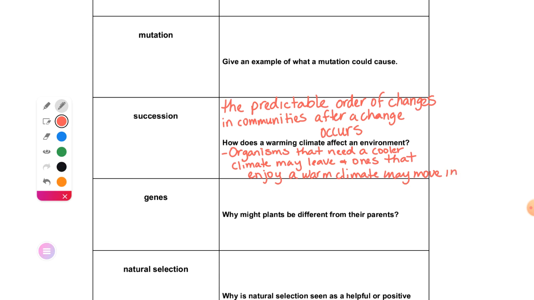Now, it's easier for the animals and insects because they are able to fly away, walk away, however, crawl away. Plants, they either have to adapt or they die. Okay, they have to adapt, meaning there has to be a change in them that gets deeper roots so it can get water deeper down in the soil. Or they have to figure out a way to use less water because they're not getting as much water. Okay, that's where the adaptations come in. If they don't adapt to the new environment, they would die off.